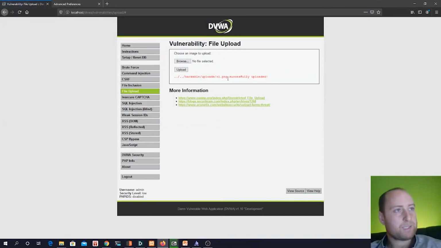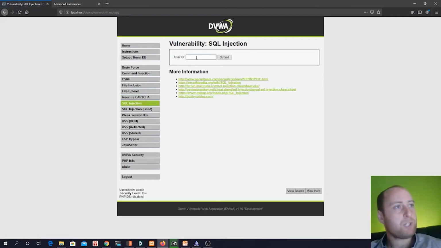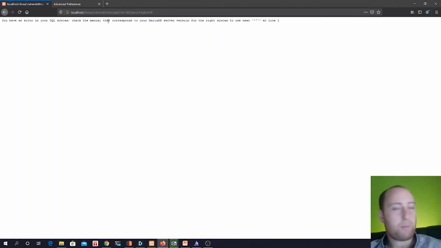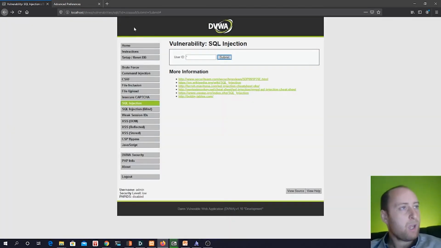Okay, so upload is successful. Likes a PNG image. Insecure capture. We've got SQL Injection. We might just type in random stuff there. With SQL Injection, you usually add a quote, and it will come up with a SQL error. Obviously, that's SQL Injection there. But we want to do this automatically. We just want to type in random stuff so it passively crawls, so we can then test out the inputs